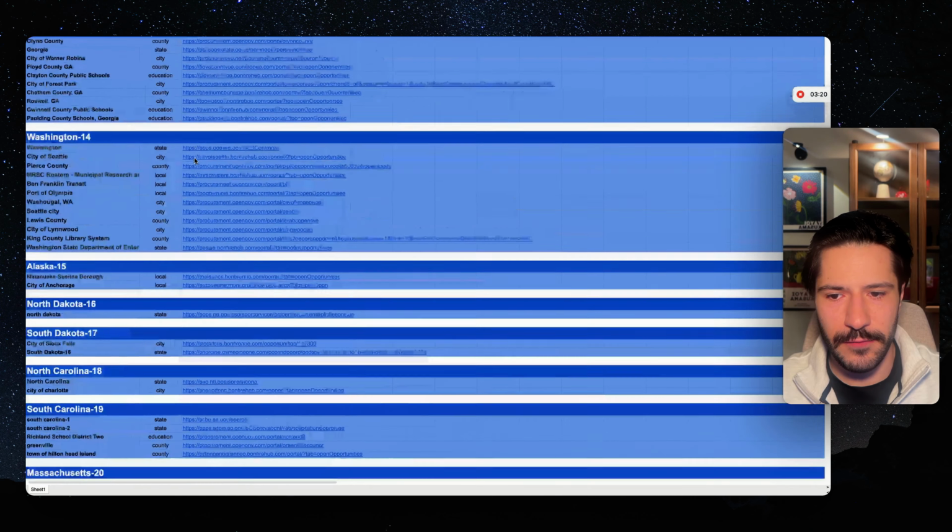And this one, for example, is also a community college. This one is university health. So first, let's start with the state. If you're in Texas, you're going to check the Texas procurement website for the state of Texas. And then let's say we are based in Houston. We're going to click on Houston, city of Houston.